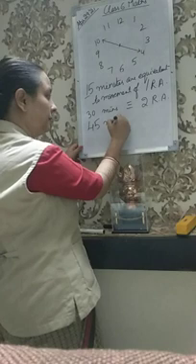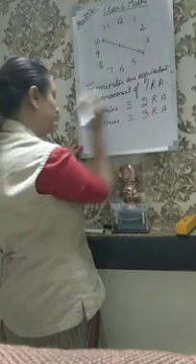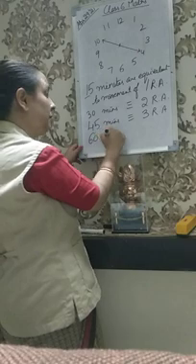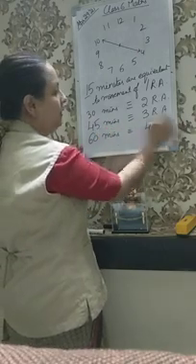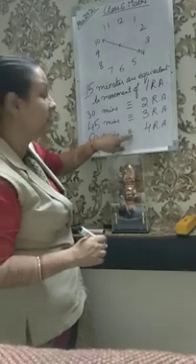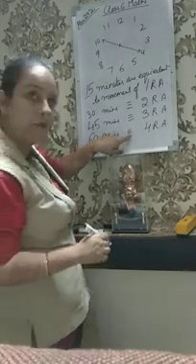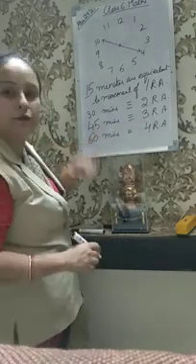45 minutes equivalent to 3 right angles, and 60 minutes equivalent to 4 right angles. Do you know this sign that I am putting? It is written as equal to sign. It means equivalent to. Okay. So when I have 60 minutes, they will be equal to 4 right angles.